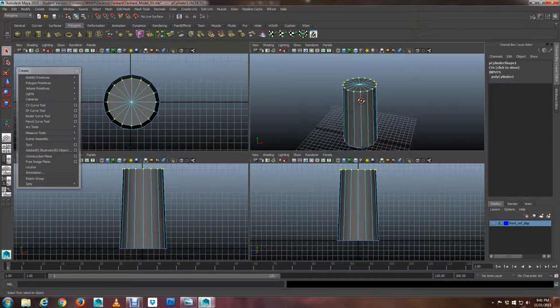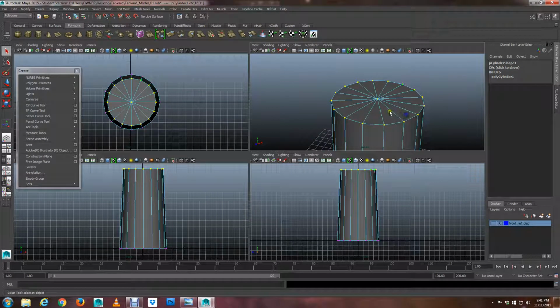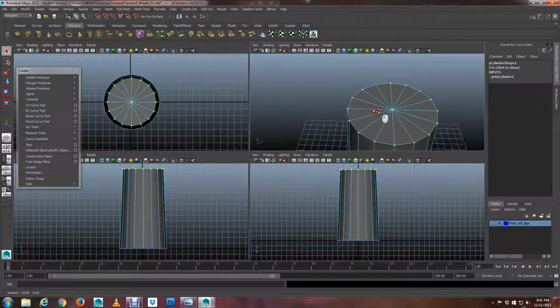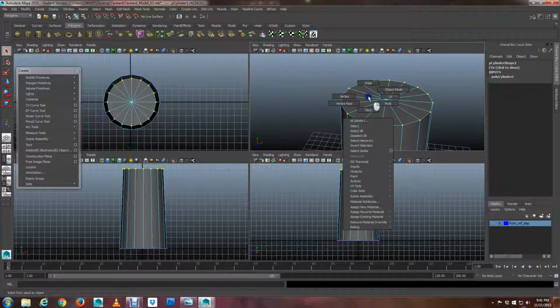So the first thing I want to do is I'll come into my perspective view here, and a tankard is a cup. Okay, so we know that the top here is going to have to be pushed down in. So let's try and think about this for a second. What's the first thing that we need to do? Well, we know we're going to have a top edge to this tankard, right? Because if we look at a cup, it has a top edge, and then that top edge will get pushed down and in. Okay, so let me demonstrate that. I'm going to go into face mode,